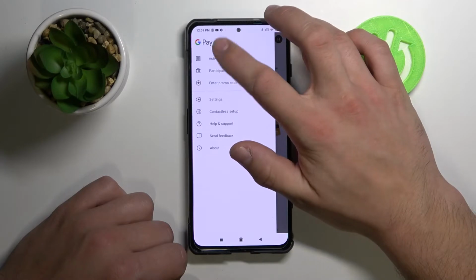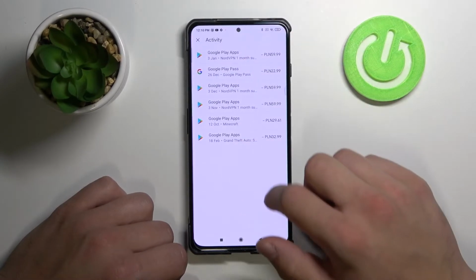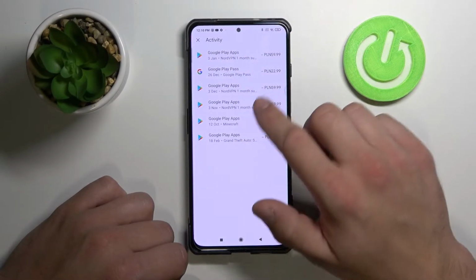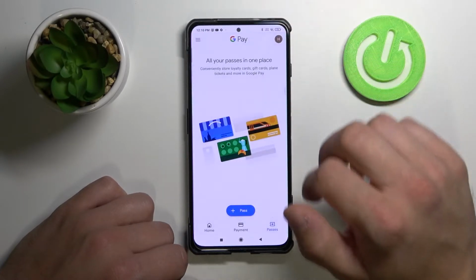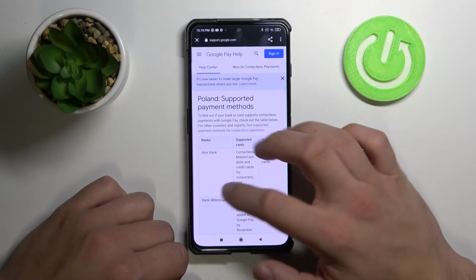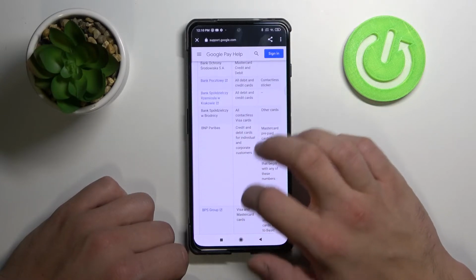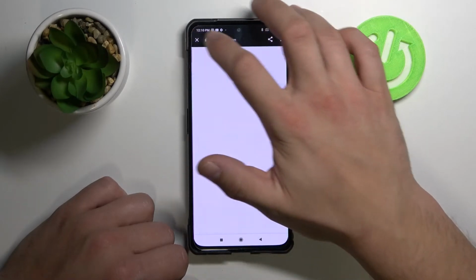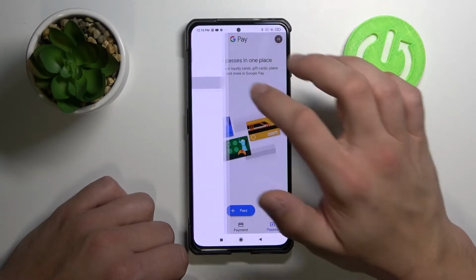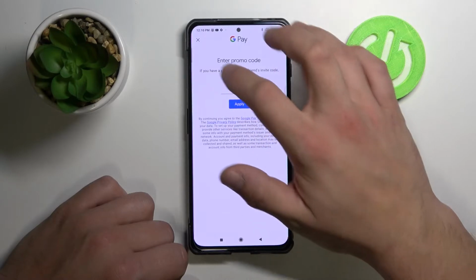Let's tap here and see our activity. In this window you can see all your activity. In participating banks, you gain access to list of all banks that are participating in Google Pay. Also, you can add promo code